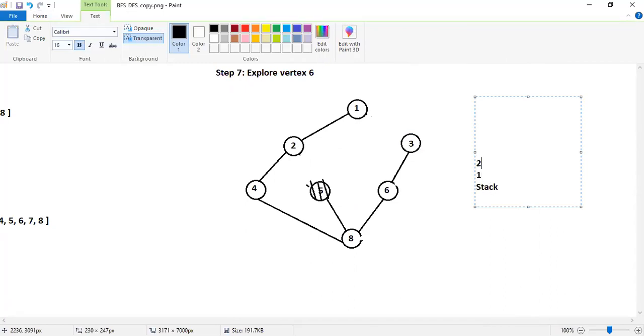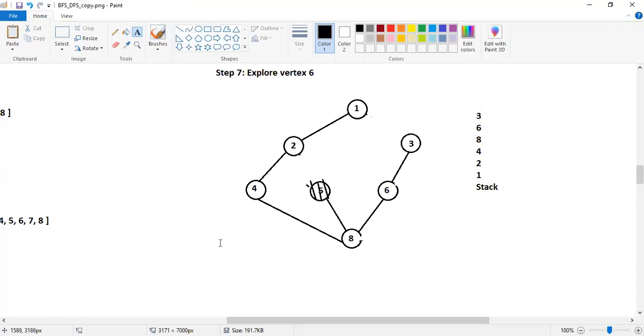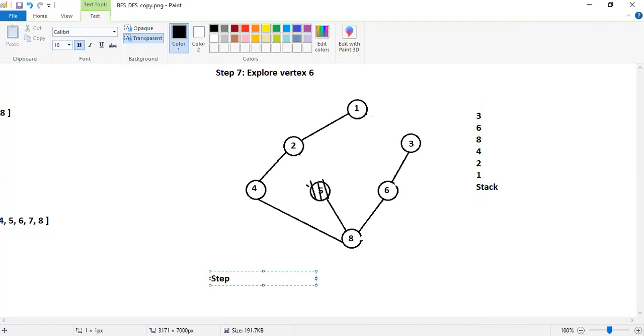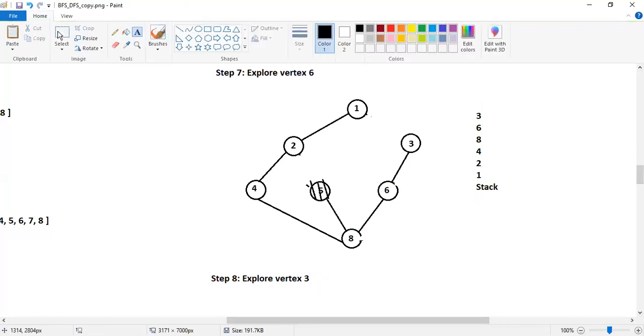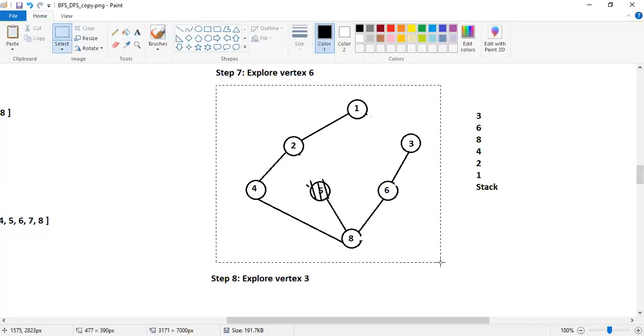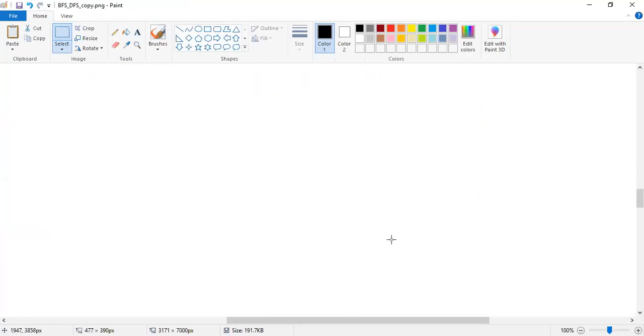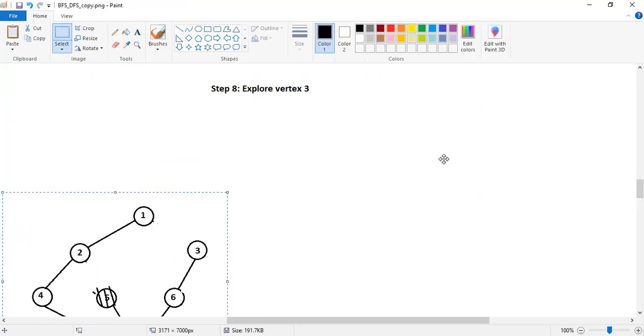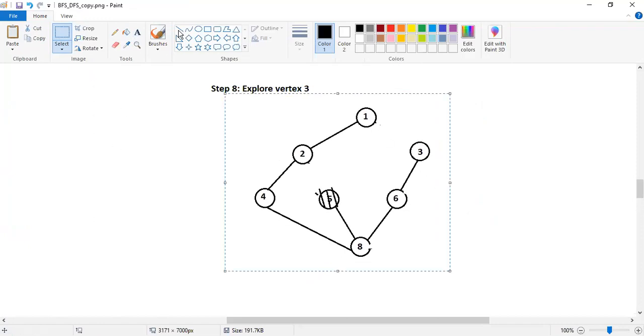Stack 1, 2, 4, 8, 6, 3. Okay. Now, which vertex should we start exploring now? 3. So next, step number 8, explore vertex 3. Okay. Now, reuse again this graph. 3 is connected where? 1 and 7, but 1 is already covered.